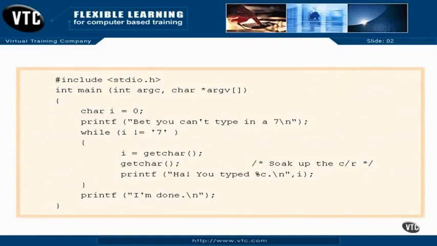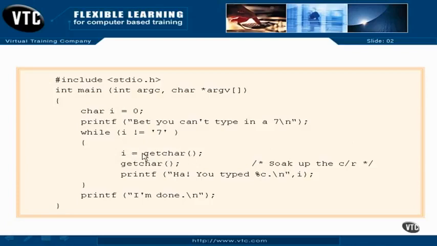And then we're going to start a while loop, and we're going to say while i is not equal to the character 7, not just a 7, make sure you get some single quotes around there. While i is not equal to a 7, which is what we told them they couldn't type in, we will get a character from the keyboard with getchar. So i is equal to getchar, and we do another little getchar here